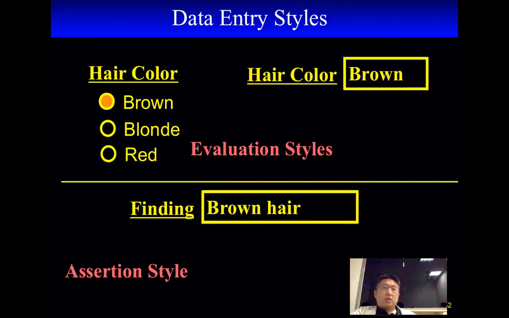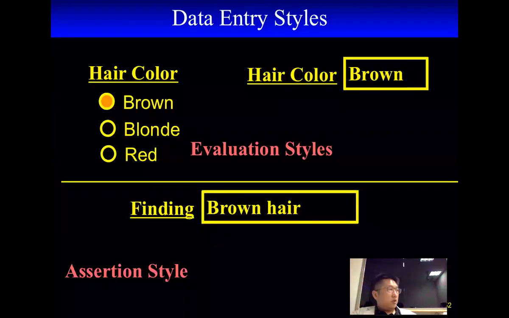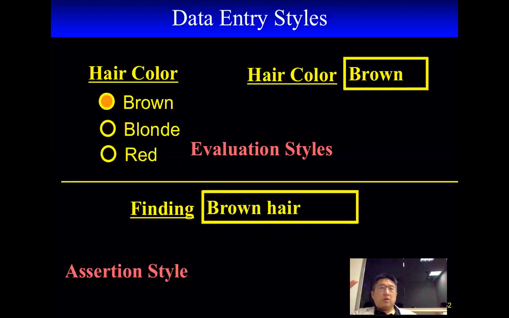Actually, this becomes a big problem in clinical practice, and we have also faced this problem for a long time. We say name-value pair, but for the value we have different ways or styles to store it. So in the EHR we are currently facing this problem because we allow people to store data.